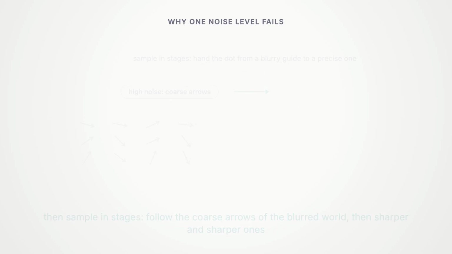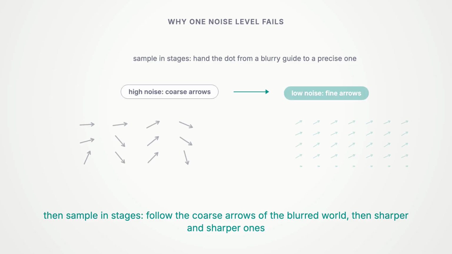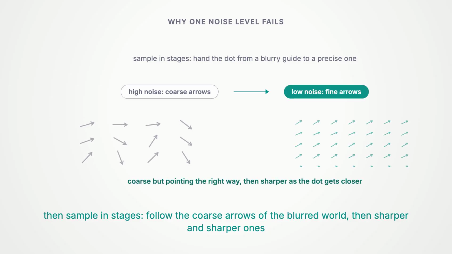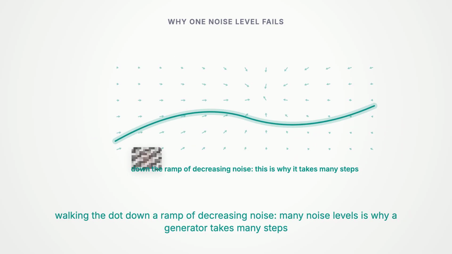Then you sample in stages. Start from pure noise, follow the arrows for the heavily blurred world, which are coarse but at least point the right way. As the dot gets closer, switch to the arrows for sharper and sharper worlds. You are walking the dot down a ramp of decreasing noise, handing it off from a blurry guide to a precise one. That staged walk, many noise levels instead of one, is exactly why a generator takes many steps and